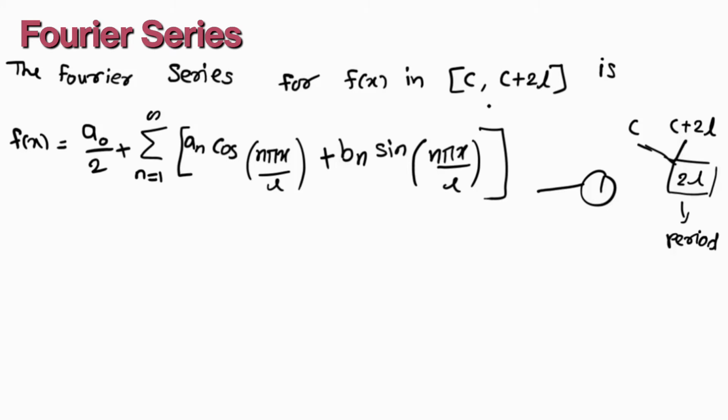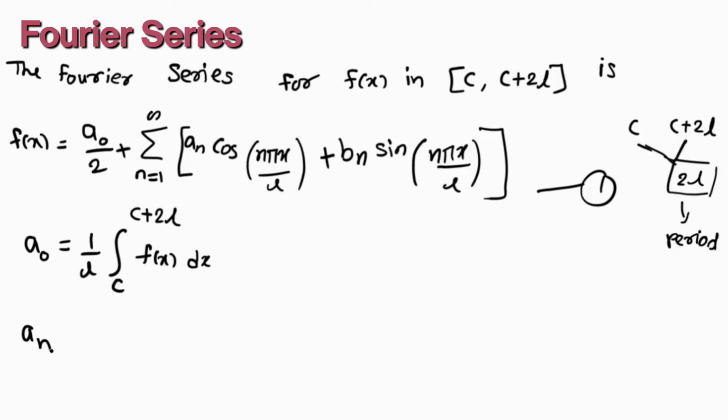So with the help of this formula, you can form any special type of Fourier series. Now, how to find this A naught, A n, B n? Here A naught is 1 upon L integral. Here the interval is c to c plus 2l. So you have to take the integral from c to c plus 2l of f of x dx. So our given function, we have to integrate over this interval c to c plus 2l.